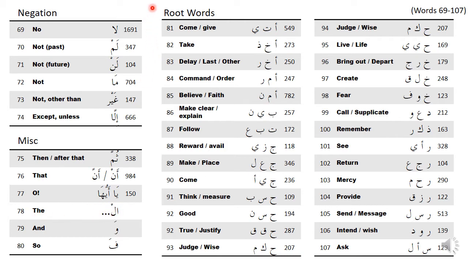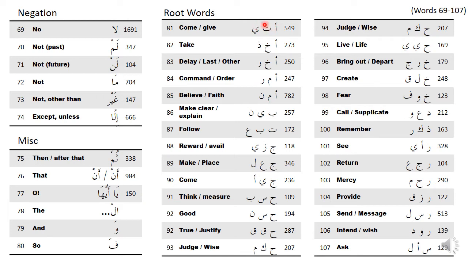And then for the remaining half of the words, the last 70 or so words, these are under the category root words. It does sound a little bit complicated. It is the most complex part of the course. So root words covers many forms of each of the words. We're going to see an example on the next slide. But this includes verbs and nouns and adjectives and commands.